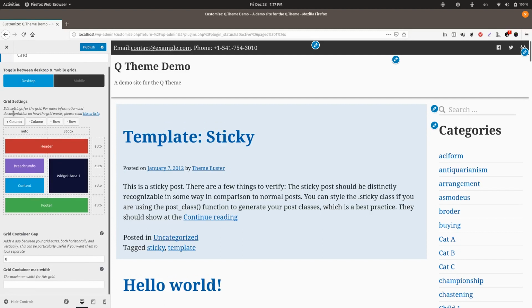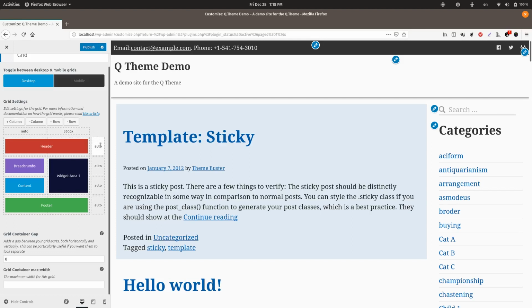The grid control allows you to build your site's layout visually and define its properties. On the top of the grid control, you will find buttons to add or remove columns and rows. Depending on the layout you want to build, you will be using these to add columns and rows where your grid parts will reside. On the top of each column, you will find a text field where you can enter a CSS value. The value you enter here will be used for the width of each column. You can use any valid CSS unit and the default value is auto.